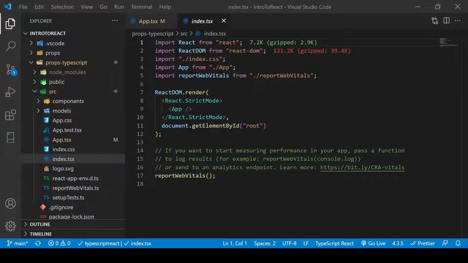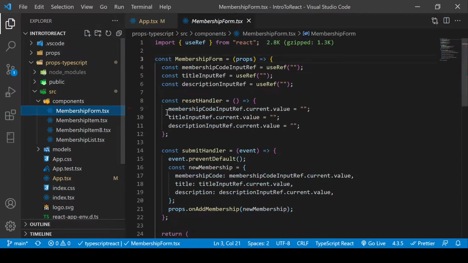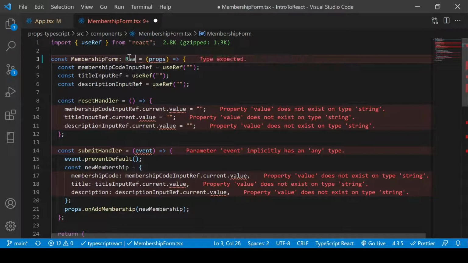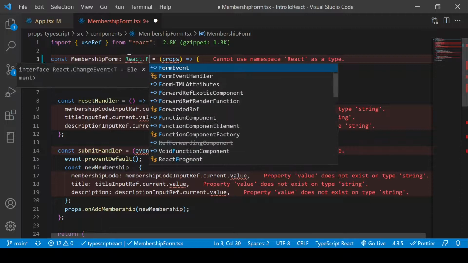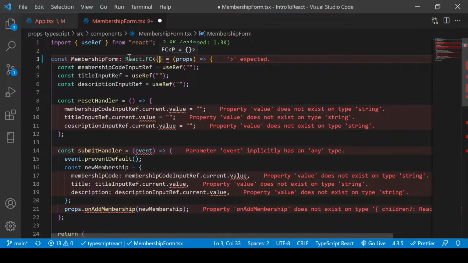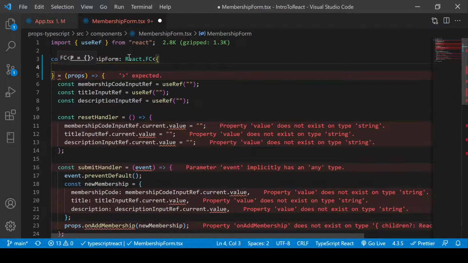Okay, now let's go to our form. So components, membership form. Here we will see several errors. So first, let's resolve this functional component error. So this is a react.fc, angle bracket, curly braces. Inside,